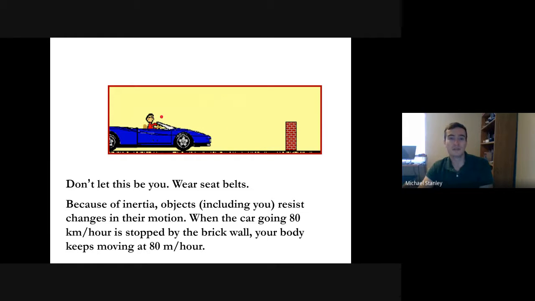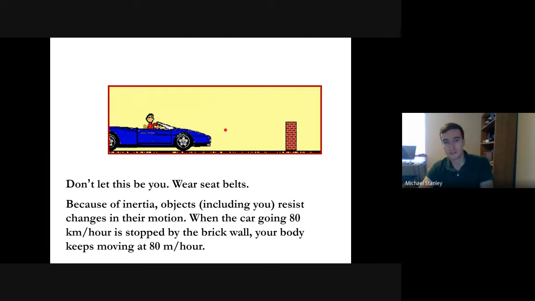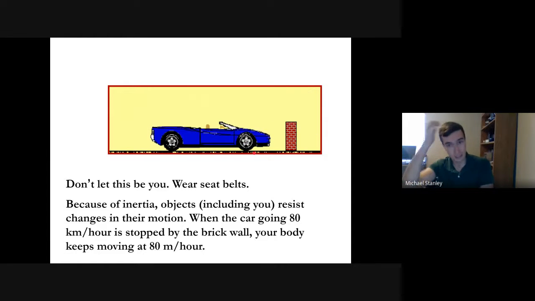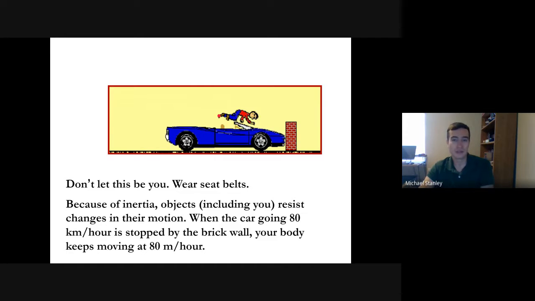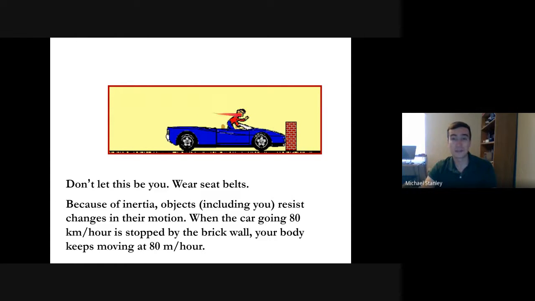The person in the car did not hit the brick wall. They don't have anything besides a steering wheel and maybe the windshield in front of them. They haven't actually hit anything when their car hits the wall. So the law of inertia says that an object in motion, like our little dude here, wants to stay in motion unless a force acts on it. So when the car stops, this dude keeps going